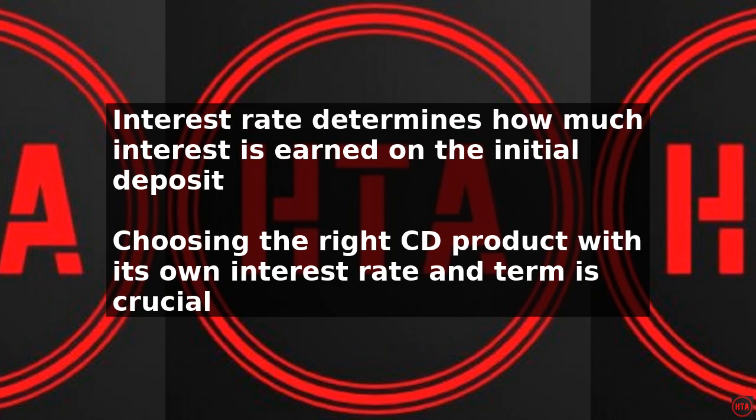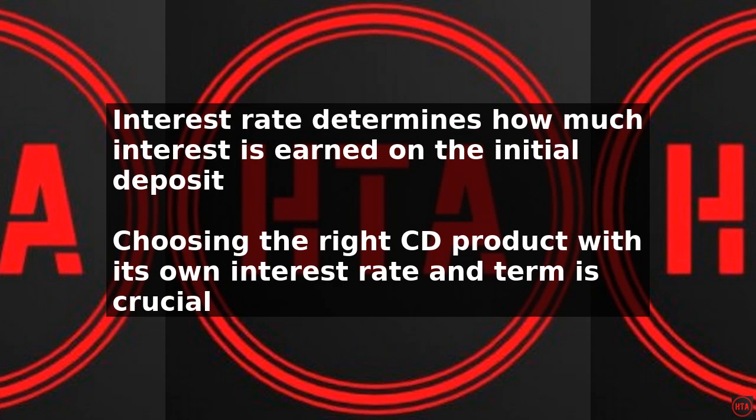The interest rate is another crucial factor to consider when using the TD Bank CD calculator. The interest rate will determine how much interest you earn on your initial deposit over the term length. You can choose from a variety of CD products offered by TD Bank, each with its own interest rate and term length. To use the TD Bank CD calculator, simply enter the initial deposit amount, term length, and interest rate